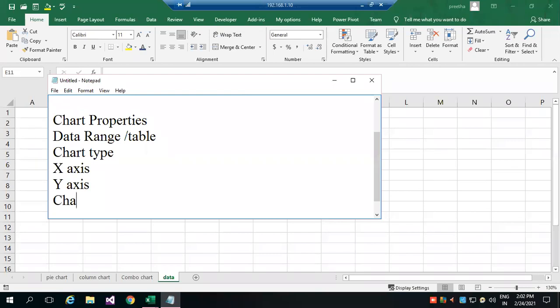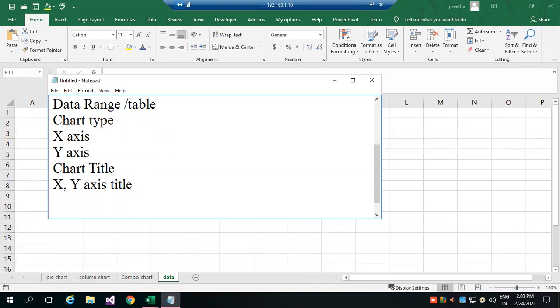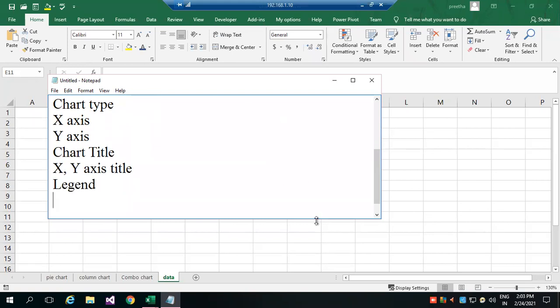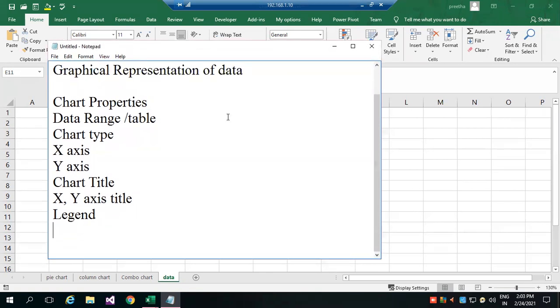Then the chart title, then the x and y-axis titles, then the legend for the chart. So these are all the information we should know to prepare the chart.